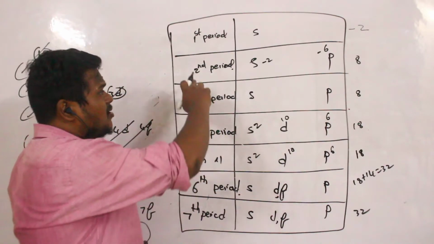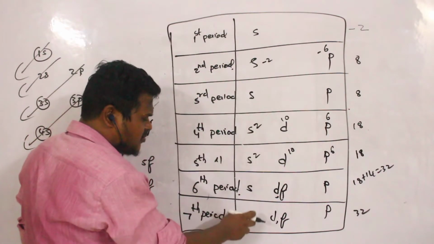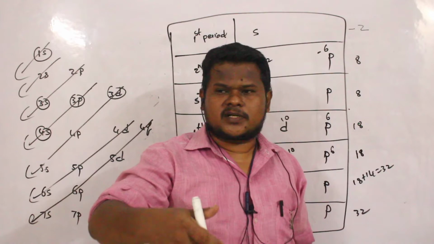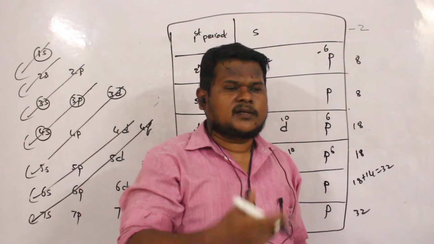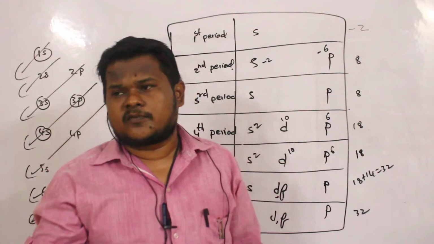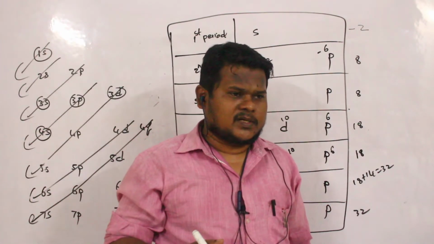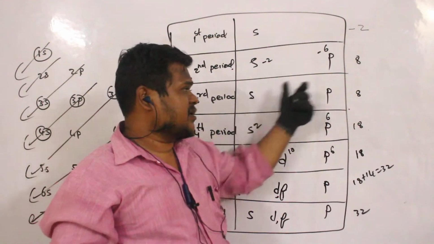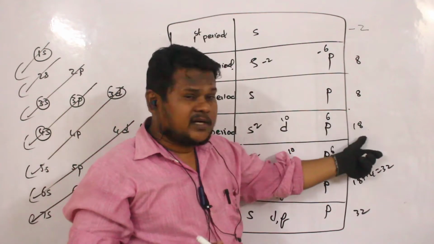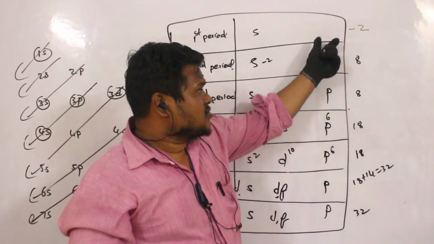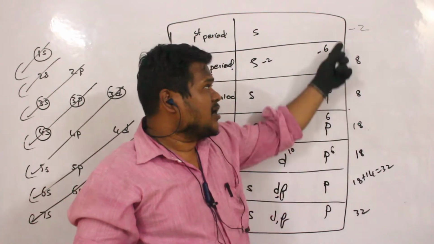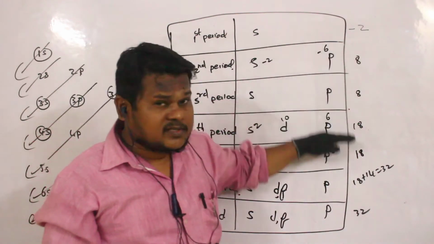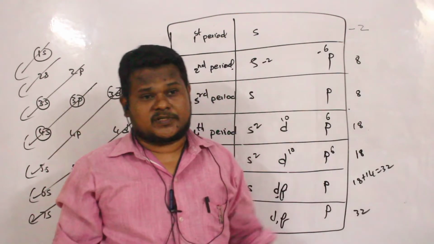And all the elements present in this particular group have similar properties. Already we discussed, modern periodic table starts with alkali metals. What are the alkali metals? Lithium, sodium, potassium, rubidium, cesium and francium. All those properties are almost similar. It means after 2, I am going to a similar element. After 8, I am going to a similar element. After another 8, a similar element. After 18, another similar element. So similar elements are repeated after 2, 8, 8, 18, 18, 32 and 32. That is why we can call these numbers magic numbers.